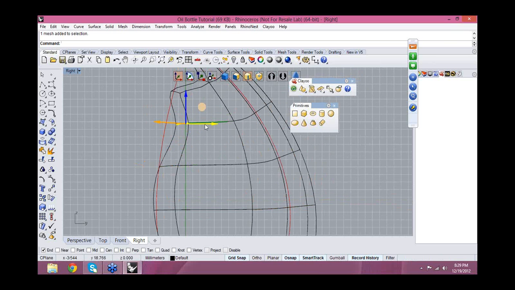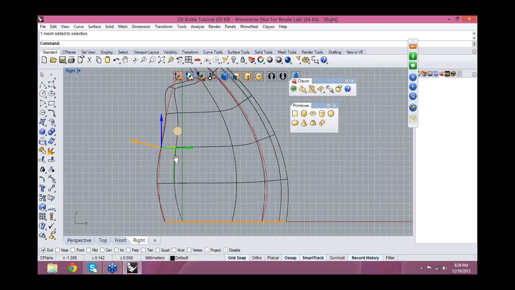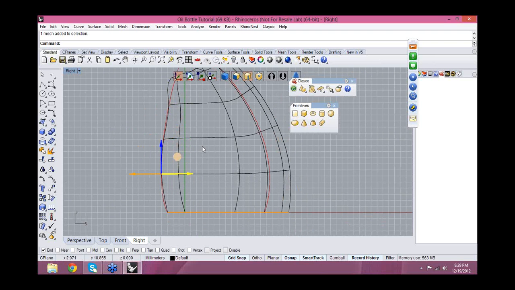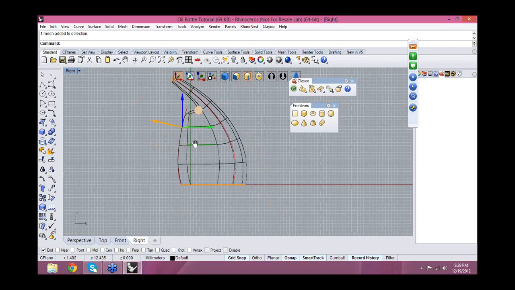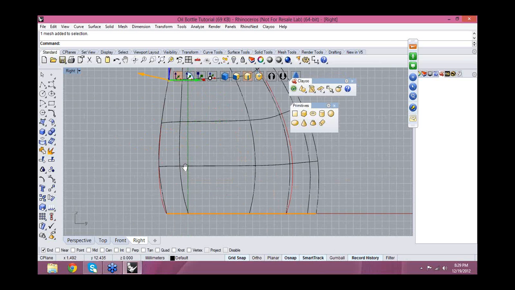Then the same here. Now I select again. Okay, and here the same. Okay, then